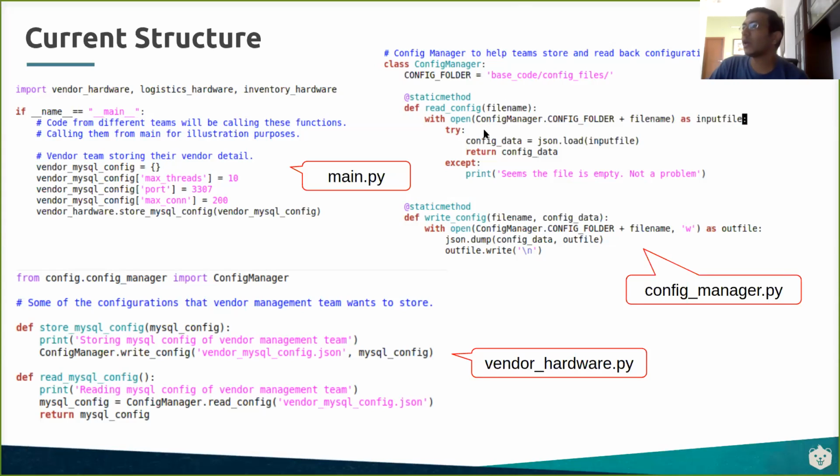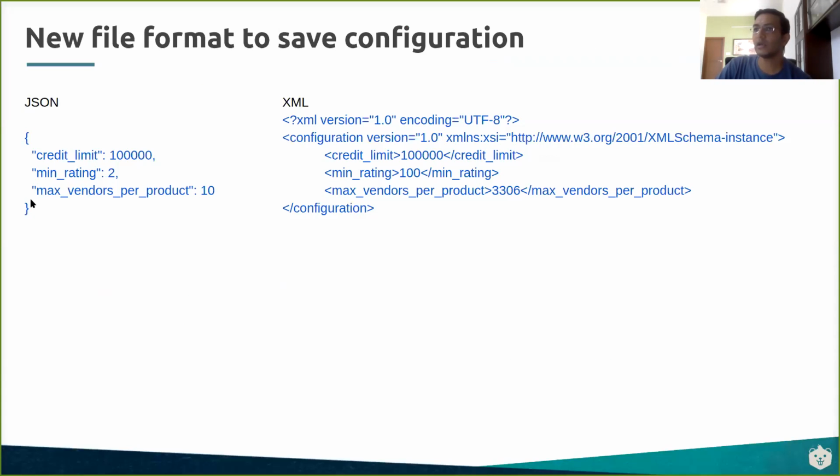Now a new requirement comes in. Instead of support for JSON files alone in the config manager, some teams say, now you're forcing us to use that one single config manager, but I don't want JSON files. I want XML files for whatever reasons. They say XML files are much easier to store and faster to read. They provide a long list of explanation. And some product teams say, I want the company config manager to support XML files now. So this is what they say: your JSON looks like this, and XML is more structured. It would look like this.